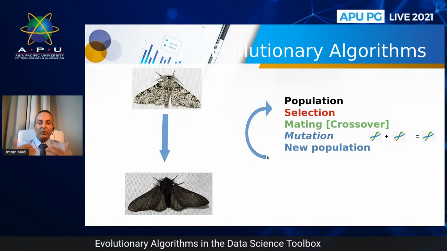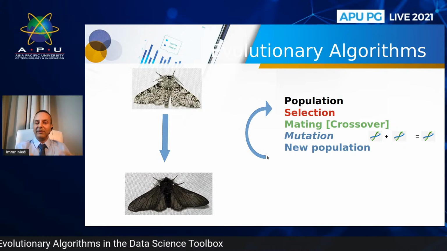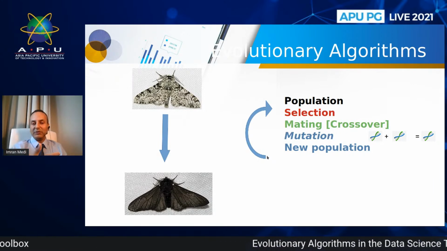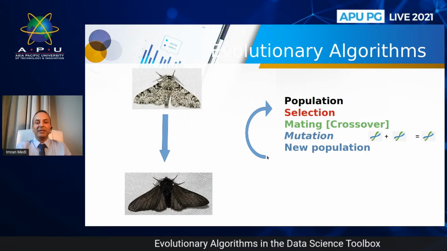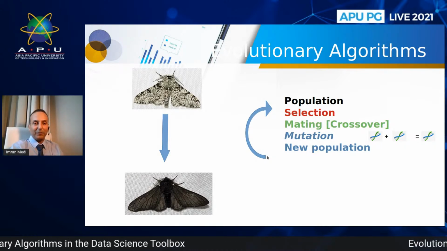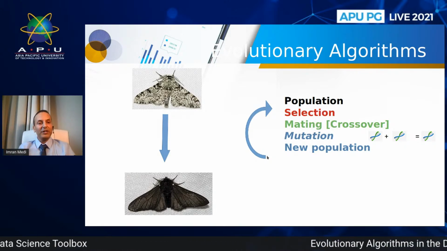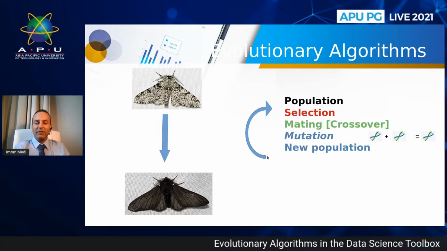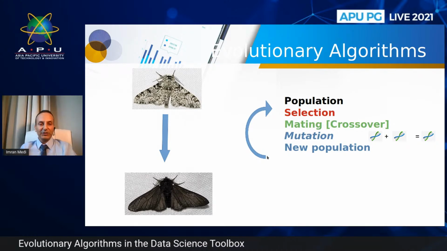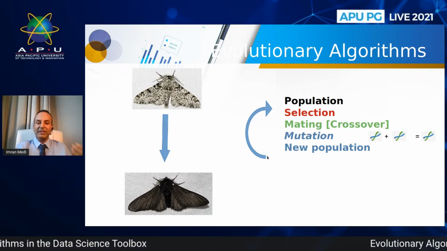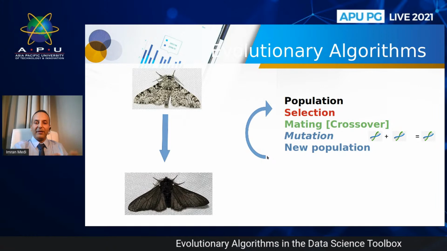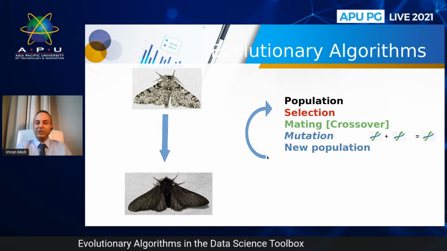Now, this process, if we look at it in terms of we've got a population, okay, we go through this process of selection, individuals pair up, okay, they go through this process of mating or crossover, mutation would potentially happen, and then we get a new population and we iterate. Well, this kind of looks like an algorithm. And so this formed the basis, the inspiration behind the formulation of evolutionary algorithms in computational intelligence and in artificial intelligence. Okay, using this particular process, mimicking this biological process of evolution, whereby a population goes through this change from